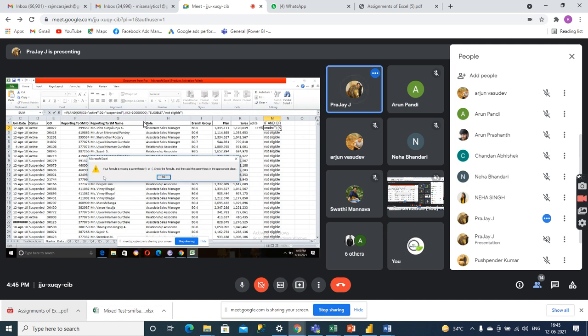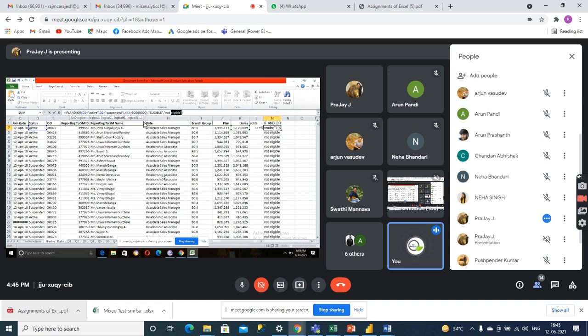See? I think there is another mistake related to active. Can you zoom in? Before K2, I think the bracket is not required because it is part of that. Firstly remove the star, then give the comma, press enter.